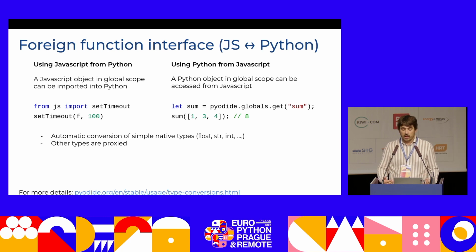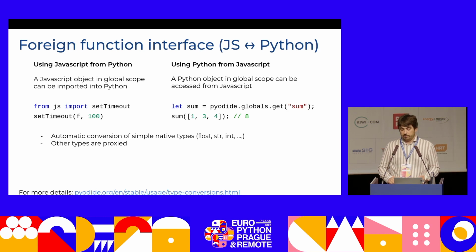So for instance, you can use JavaScript objects from Python if you do this import JS. So from JS you can import things, and those are essentially the JavaScript functions or objects that exist. And you can call them from Python. So there's automatic conversions of simple native types, and then other more complex types are proxied. And on the other way, in JavaScript, you can essentially call Python functions